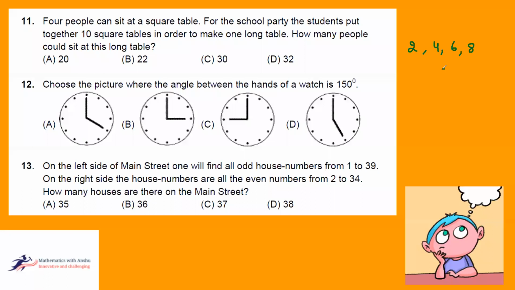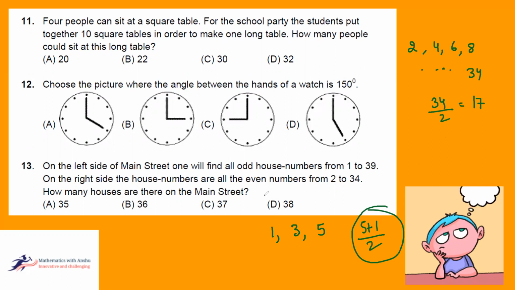Either you can use 34 divided by 2, that is 17 here, and there you can just take three numbers, 1, 3, 5. How can you easily get how many numbers there are? Here are three numbers, no? So 5 plus 1 by 2. Even if the child does not know the AP series, you can help them solve it using this method, just by analyzing what is going on.